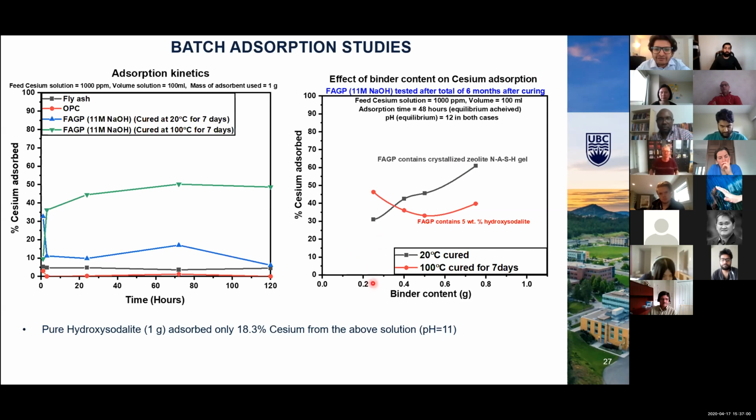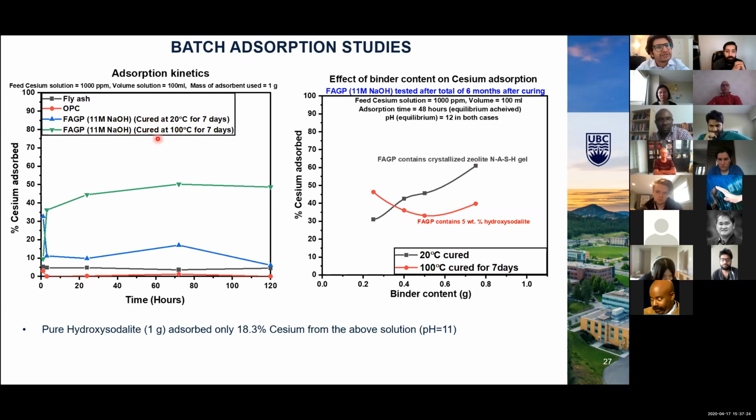And we see that even with low amount of binder content, the cesium adsorption is increasing tremendously. Like here, I haven't used the 1 gram value, but still you see that even at lower values of binder content here, the cesium adsorbed within the material is quite higher. But